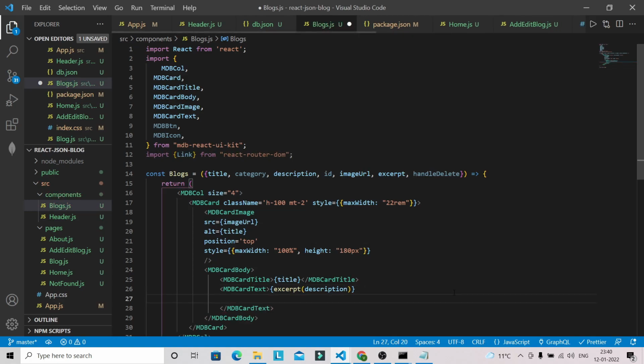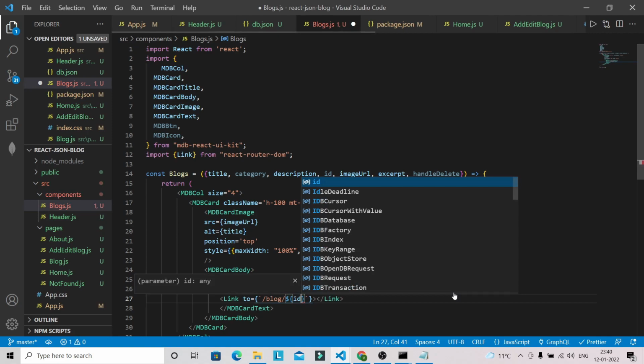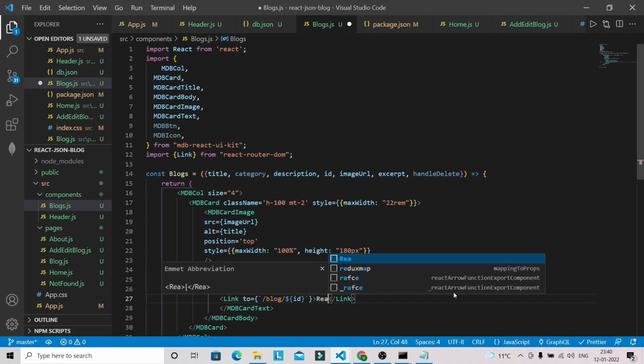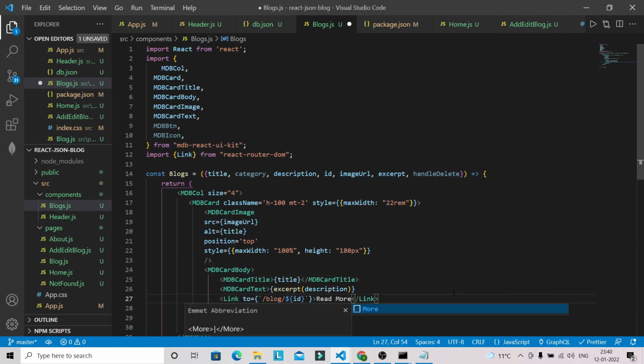So after that we are going to have link, and this will basically navigate towards a single blog page. So blog and ID, and here we can give like read more. Okay,